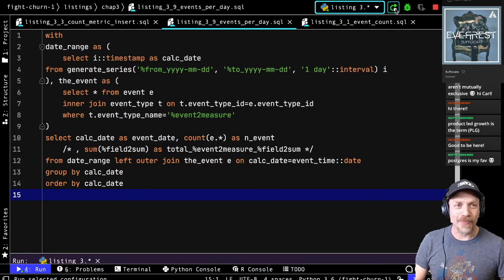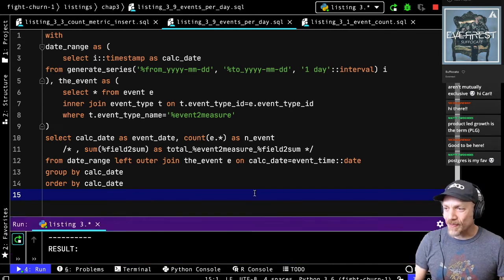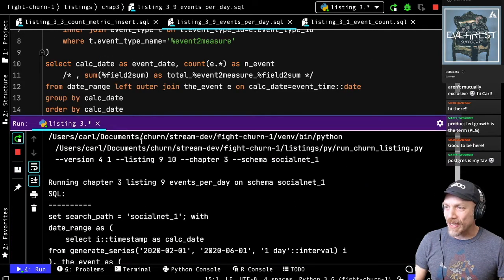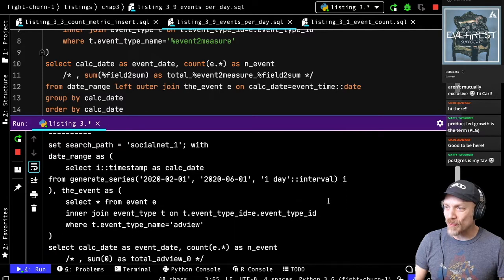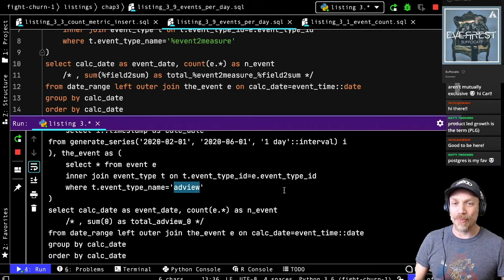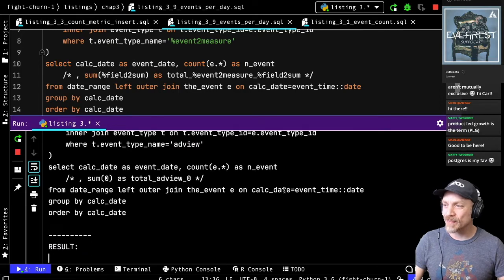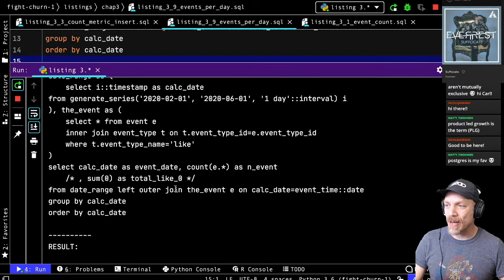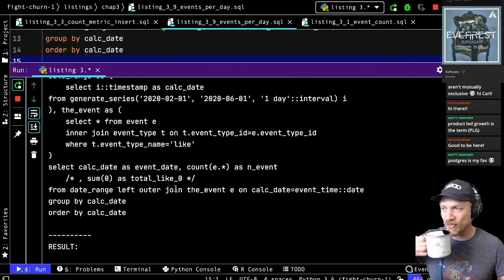And then we'll look at the result here. So this is it running. It's running listing 3.9 on one event, which is the ad views. That was where we were having the problems, because what happened was I deleted the ad views to make an example of what happens when you have bad data or missing data. It is now doing the count per month. And what it's supposed to do is show you the days when there are no ad views.